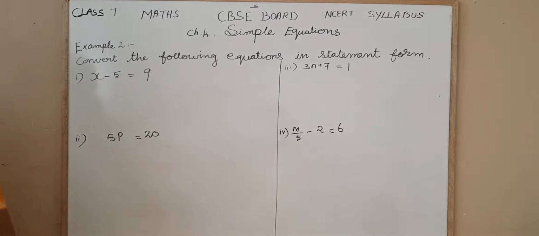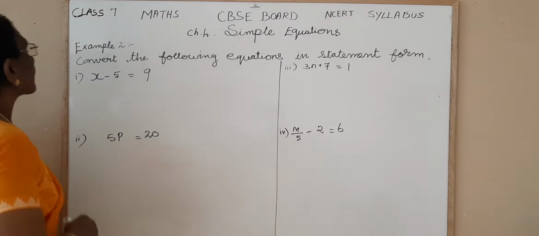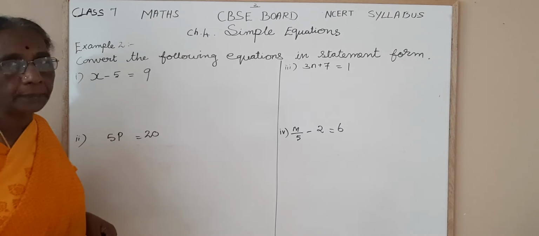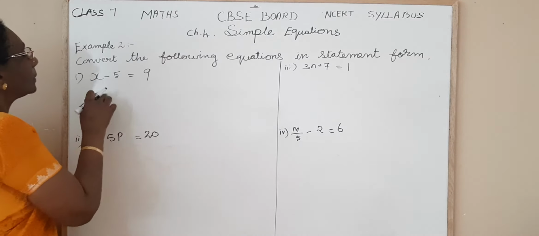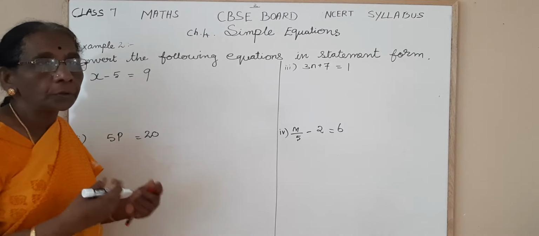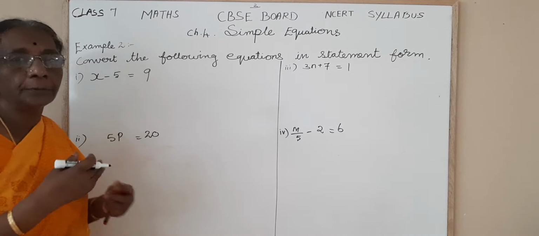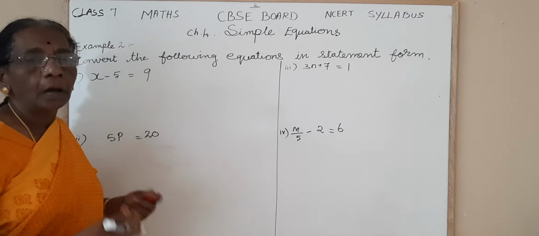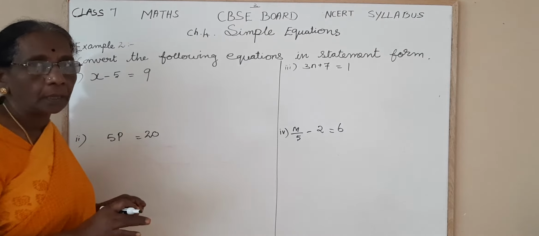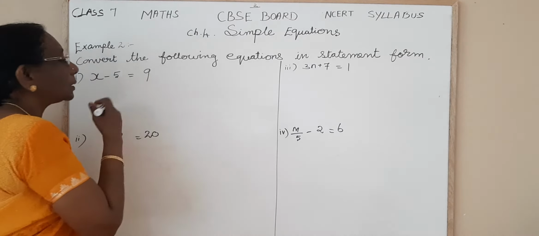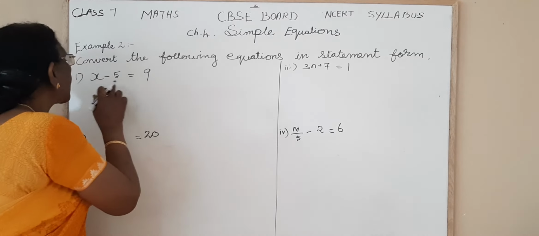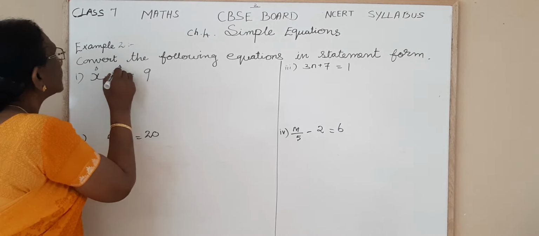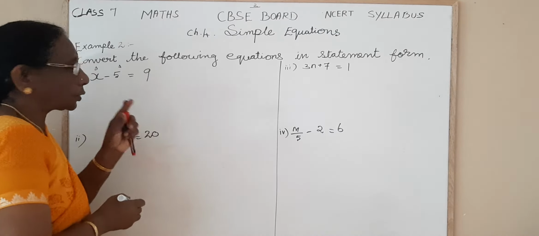Okay. Now we are going to translate these equations into statements, just the opposite of the first example. So here, what operation? Subtraction operation. So you can use three words. What are they? The difference between, or take away, or subtract. So first one, the difference between. Difference between which two numbers? x and 5. This is the big number and this is the small number. So the big number should be written first.